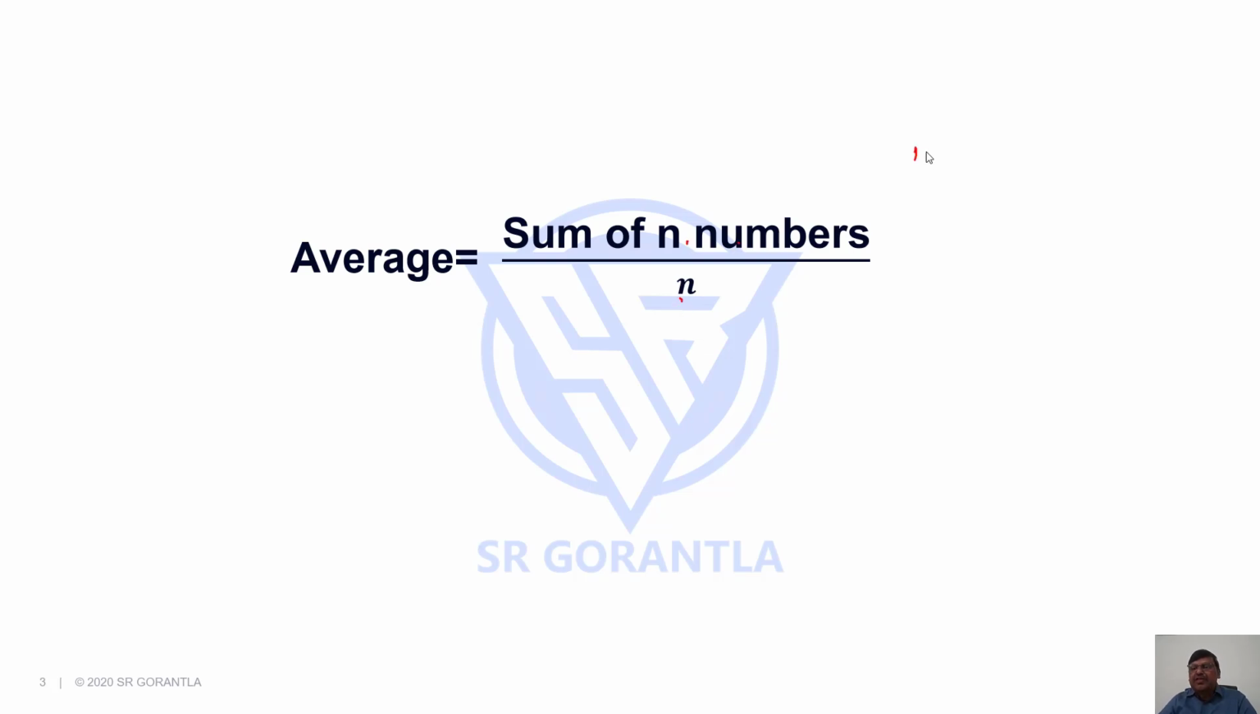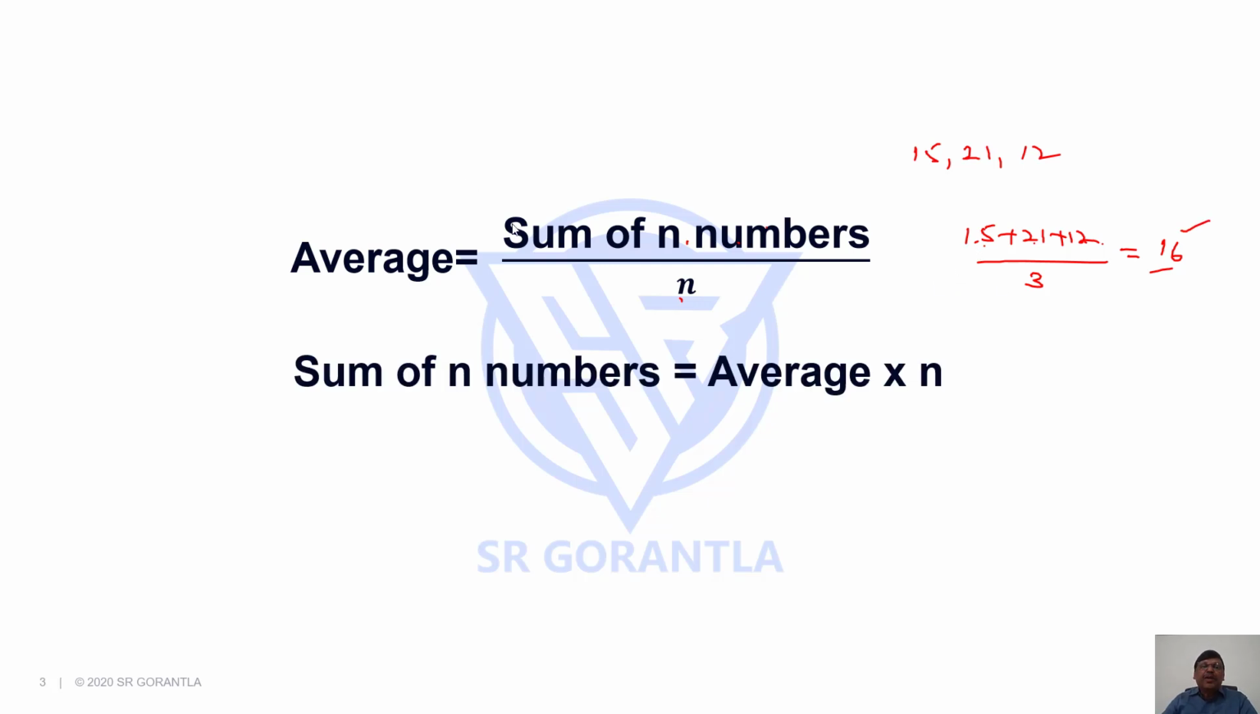For example, if there are three numbers 15, 21 and 12, what is their average? It is the sum of these three numbers divided by 3. So 15 plus 21 is 36, plus 12 is 48, divided by 3 is 16, right? Now this formula can also be written as, if I cross multiply, sum of n numbers equals